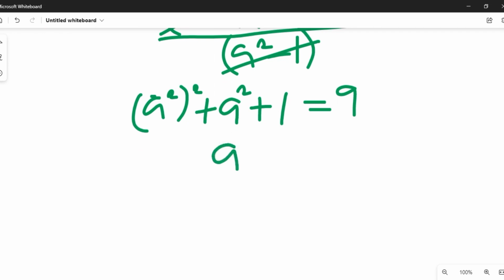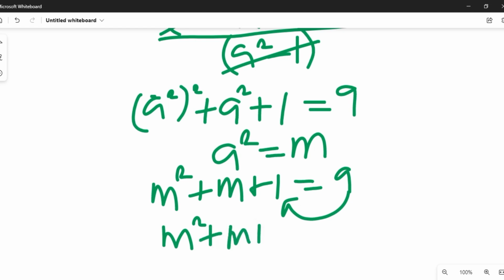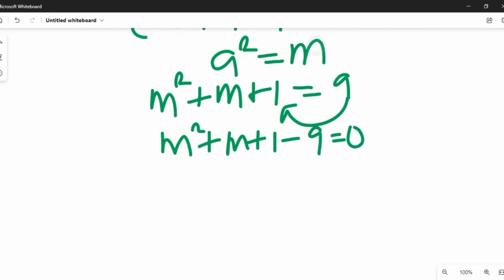Now let's make our a square equal to m. If we make a square equal to m, we are going to arrive at a quadratic equation. That will give us m square plus m plus 1 equal to 9. If this 9 comes over here, we'll have m square plus m plus 1 minus 9 equal to 0. So if we simplify that, we'll finally have our quadratic equation, which is m square plus